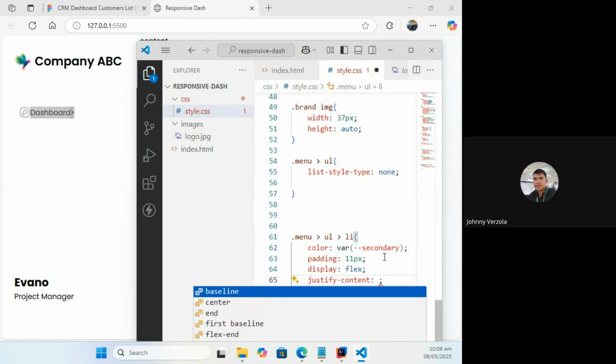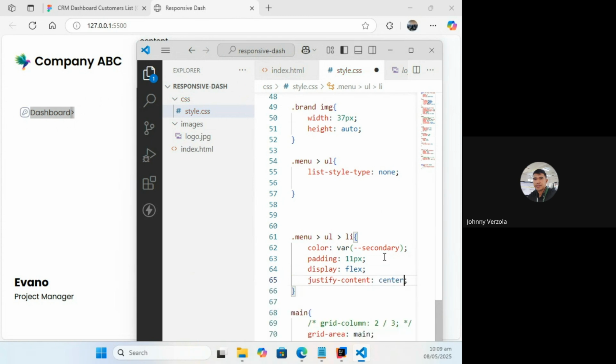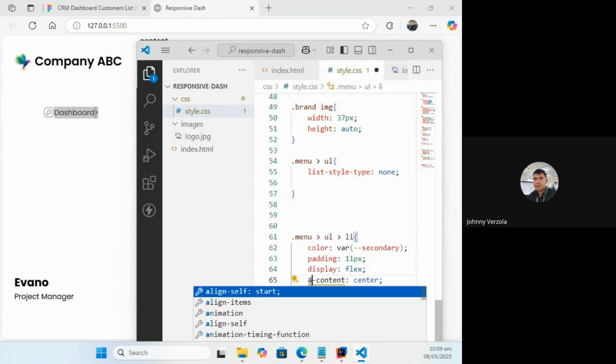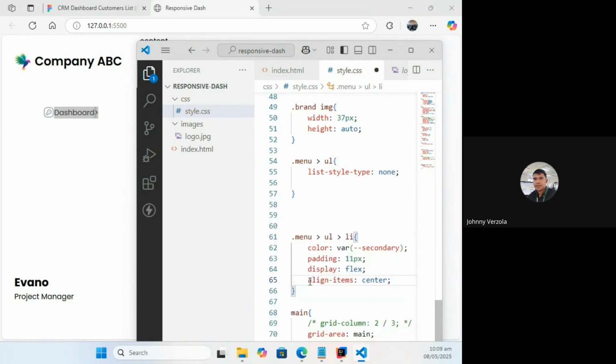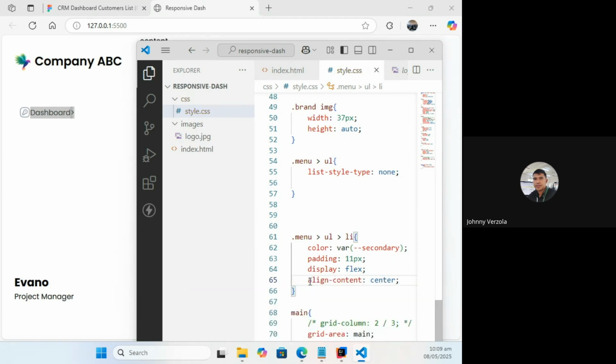I'm going to use justify content and its center. No, I think it should not be that. Or I think it's the horizontal. It should be the align content. Align items, align content. The one. Center.